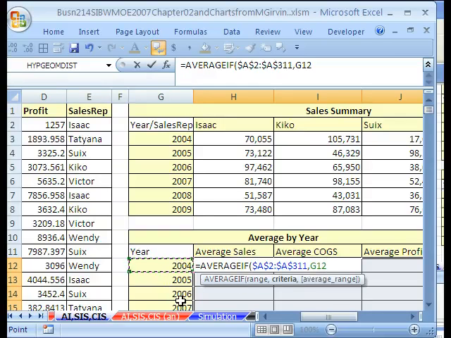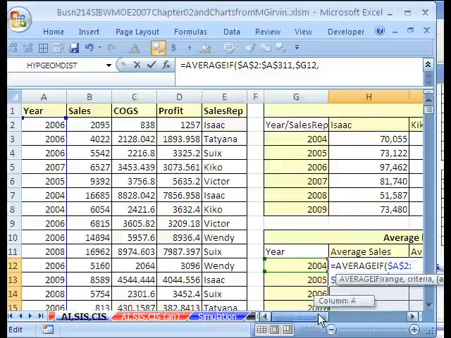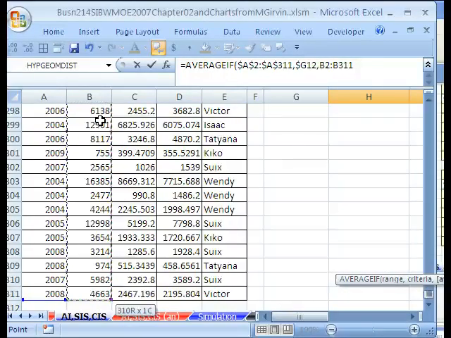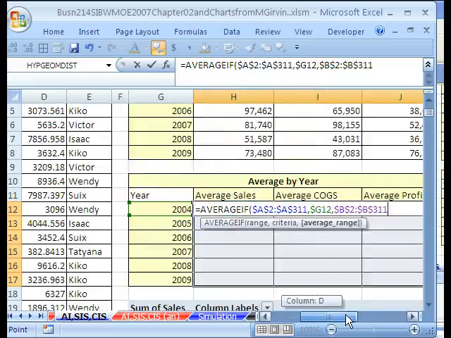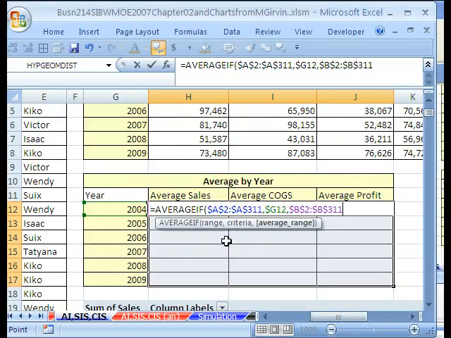Now, when we're going down, we don't want it locked, but when we go across the columns, we want it locked. So we're going to hit F4 3 times, get the $ in front of the G that locks it when we're copying across the columns. Now we can click at the end and comma, and now we have sales here, cost of goods here, profit here. Instead of typing in 3 different formulas, I'm just going to notice that sales, cost of goods sold, and profit are all right next to each other. So when I highlight the sales and Control Shift down arrow and then F4,